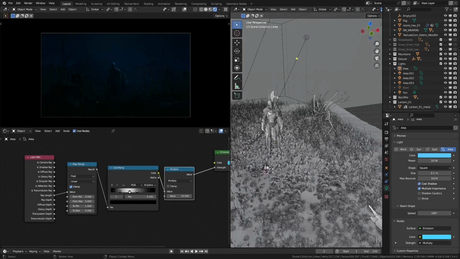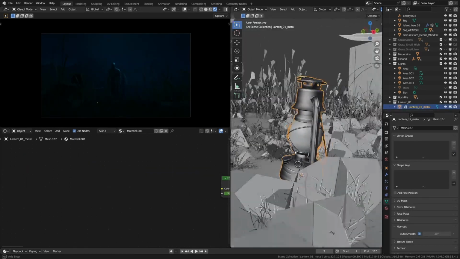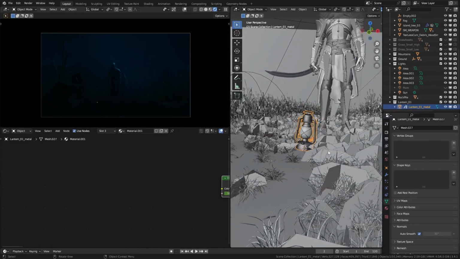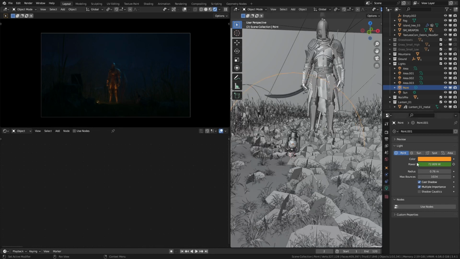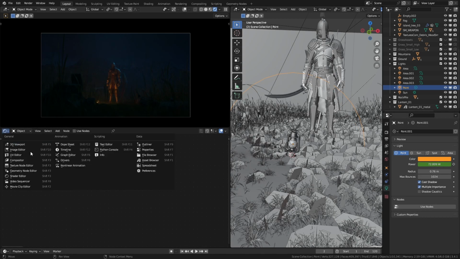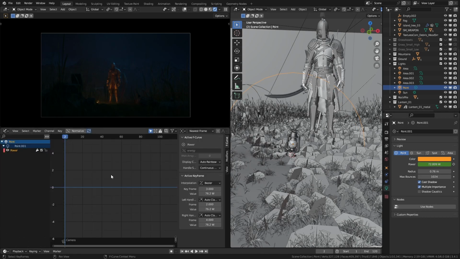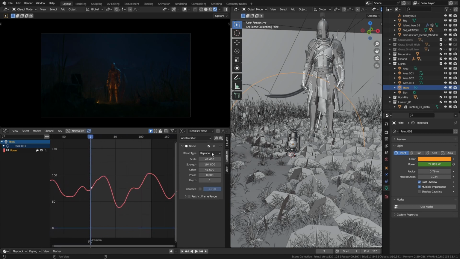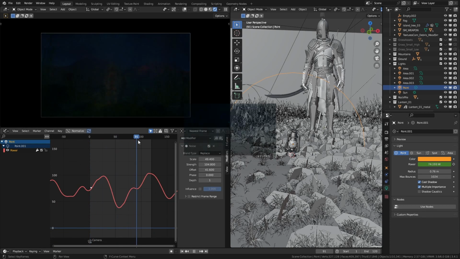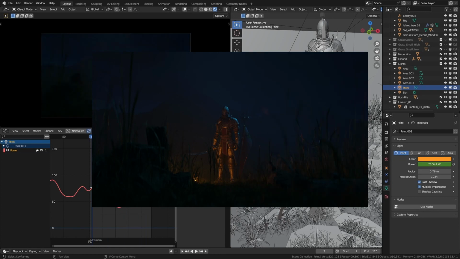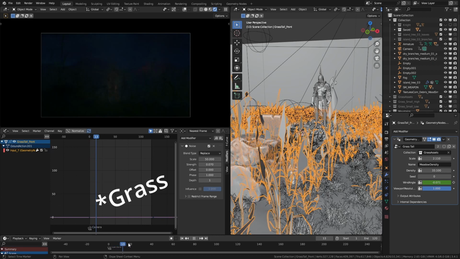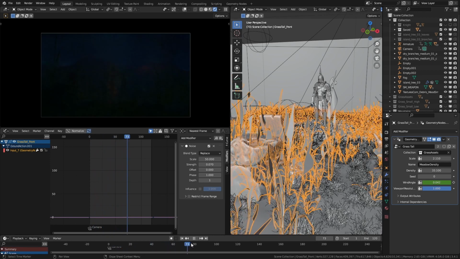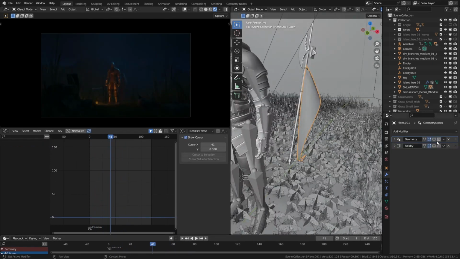Actually, you can keep the scene like this, but I went on and added this lantern to the scene and a point light to act like its light. Animate its strength. In the graph editor, you can add this noise modifier to create a flickering effect to the light. And look at that, only color Hollywood knows, orange and blue. After that, I slowed down the waving of the flag and disabled the flag's waving setup. And after a bit of compositing,